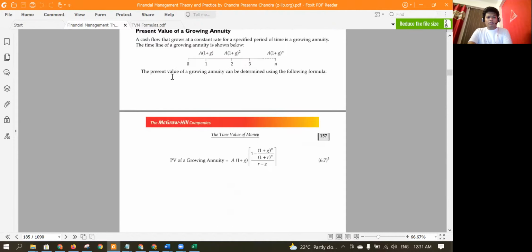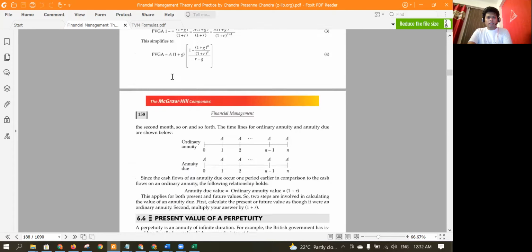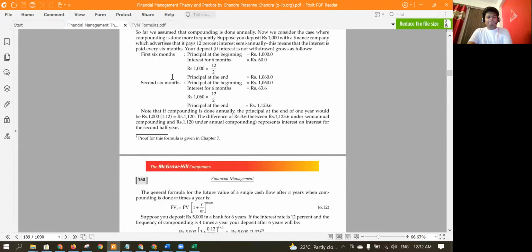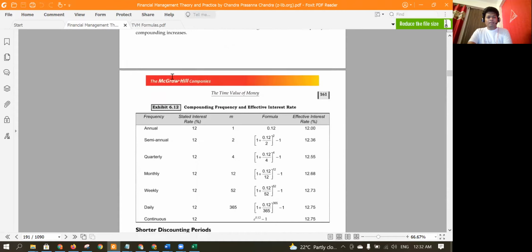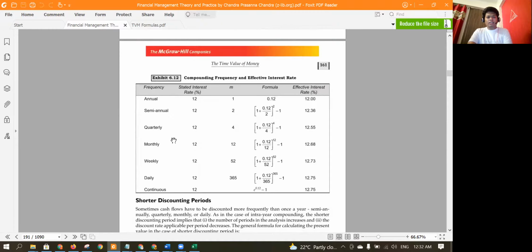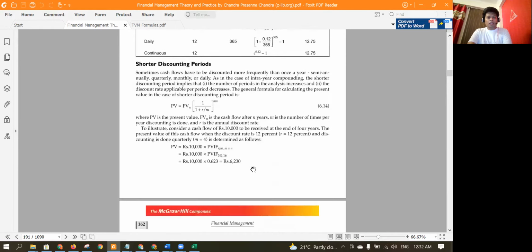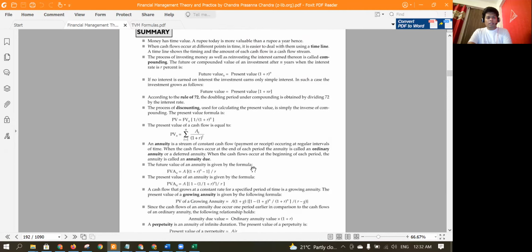Okay, one table I just wanted to show you guys. Where is it? Yeah, so have this in mind: how to calculate the rate, annual, semi-annual, quarterly, and continuous. This continuous one was e to the power 0.12 minus 1. I don't think he'll give a question on continuous compounding tomorrow, at least he shouldn't, but whatever.